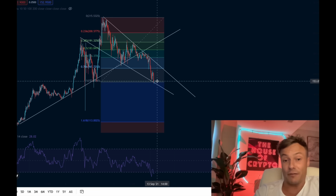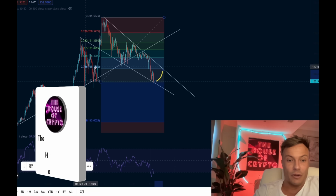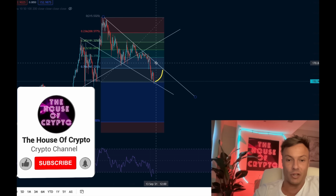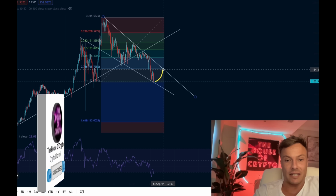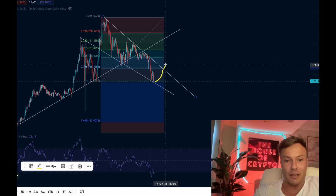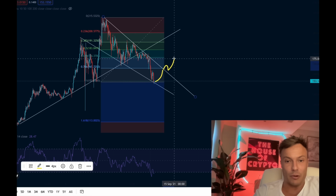However, if we do manage to find support here, we'll likely come up to around this level here, and notice that coincides with not only the 0.786, but also coincides with the top of this chart pattern here. So it would be interesting to see whether we would be able to break beyond both these two levels of resistance. Again, we'd probably come back for a retest,